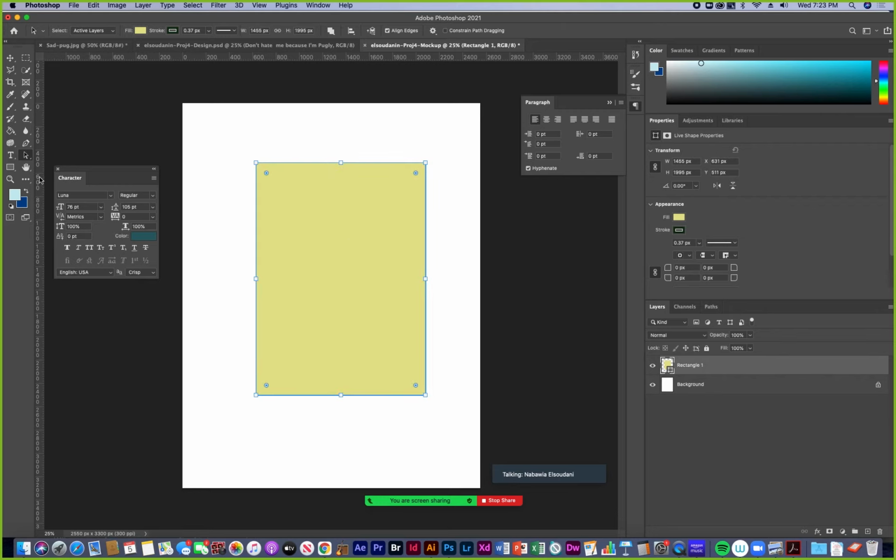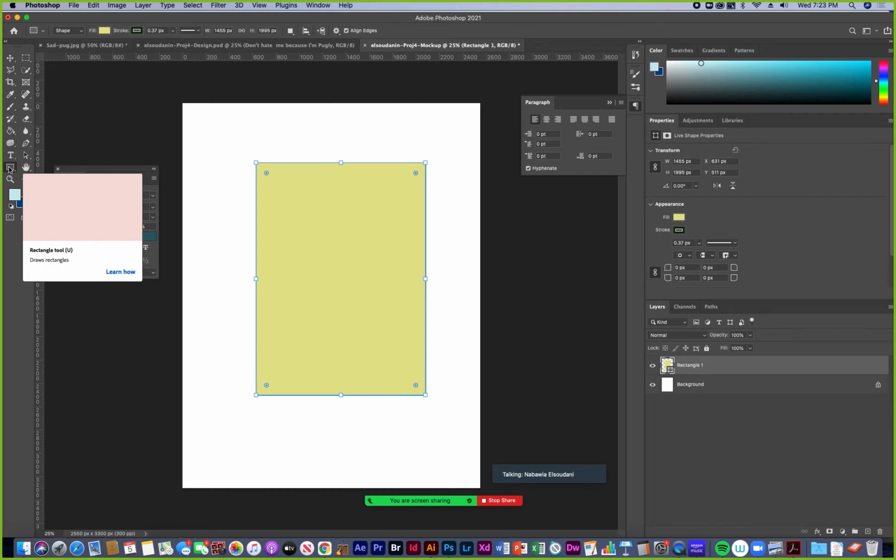What do I need to do? What did I forget to do? I forgot to go to path operations and choose combine shapes. Now it's already there, so let's see. No, actually I need to be on my rectangle tool,